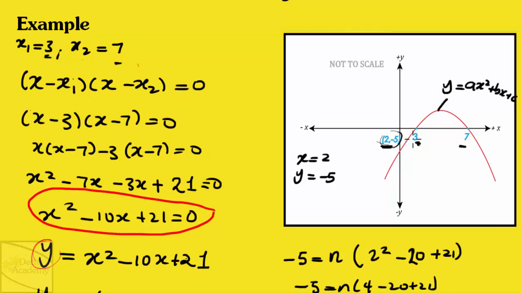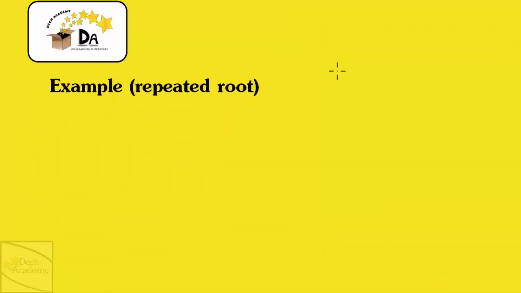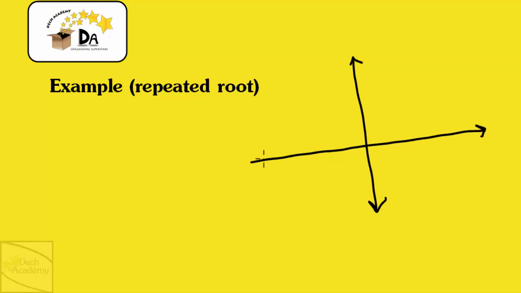We're going to have another example. So let's try another example. So we have, imagine you're given, so this is just a rough sketch of a curve. Just a rough sketch. Imagine you're given